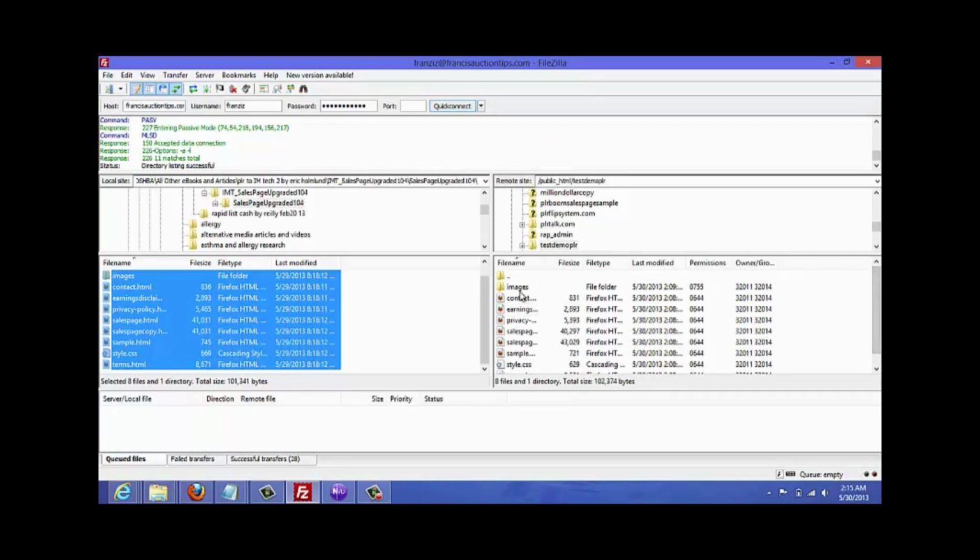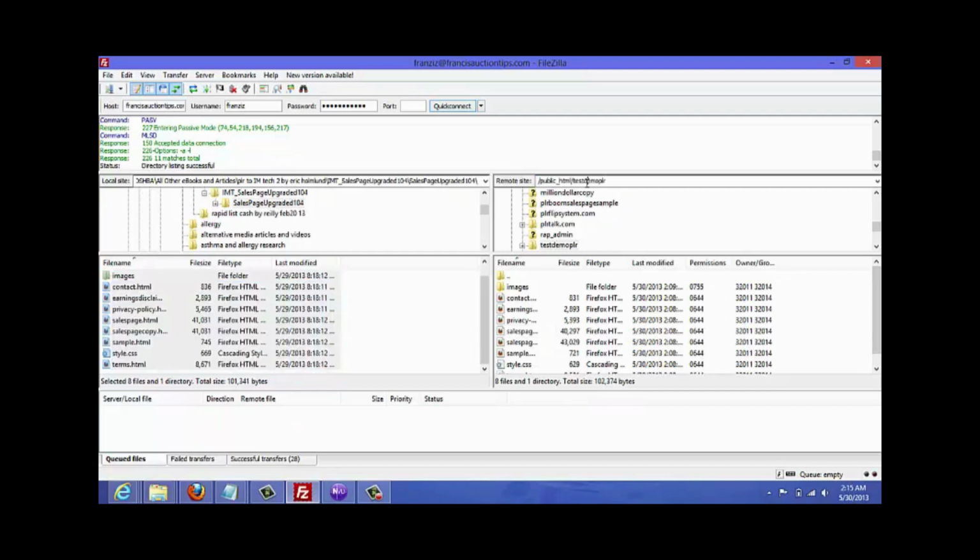So we could actually go online, type in the website, and we could see what the sales page looks like. So the folder that I created here is test demo PLR. So when I go to the internet, I would just type in first the name of the domain. So if it's abc.com, you would type that in, but for this example it's going to be francisauctiontips.com/test demo PLR/ the page that you want to look at. Okay, so